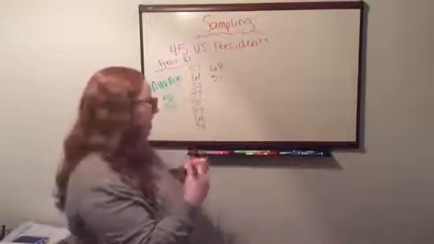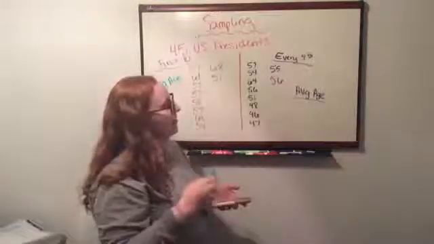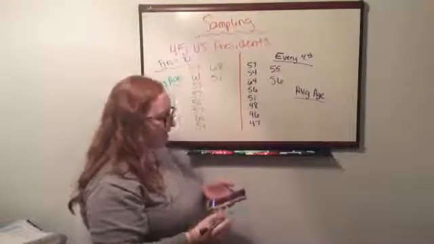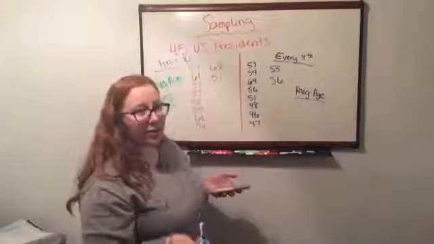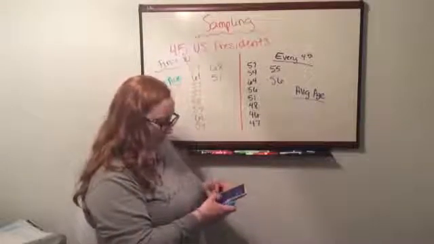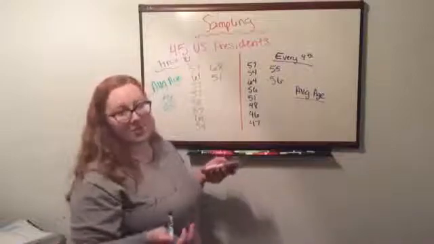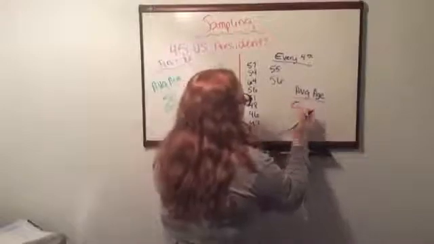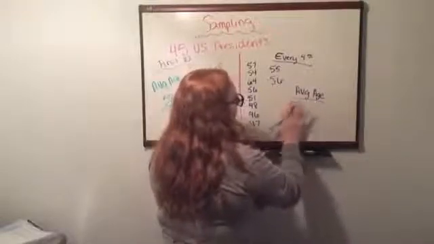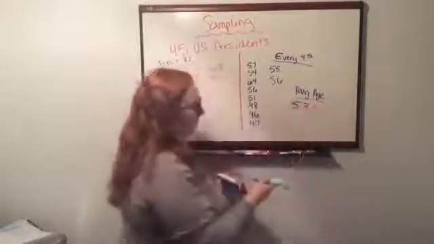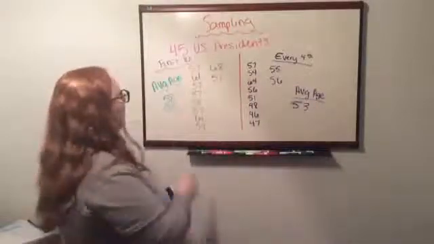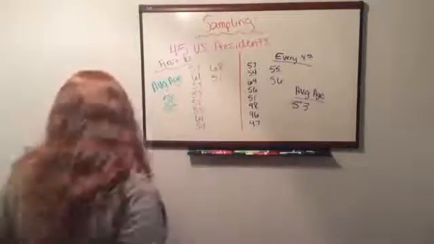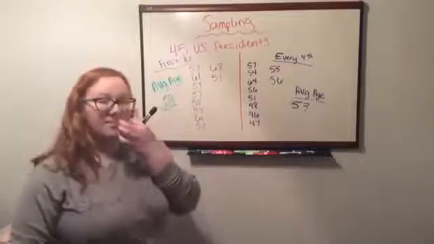Alright, let's see a different way to do this. So now to find the average, we added them all up and then we divided by 10 because that's how many we had. When you add them all up, you get 534. When we divide that by 10, you get a little bit over 53. So we're going to call it 53. So now we're going to say that the average age is 53. Well, that's just a little bit different than our first 10. Apparently they were older than every fourth president because their average age was 58.